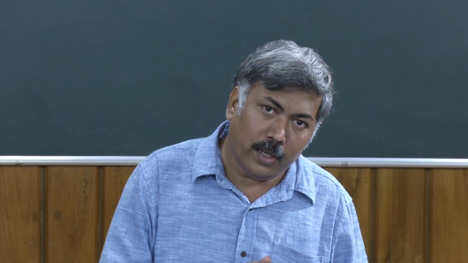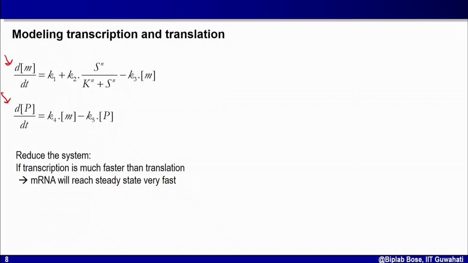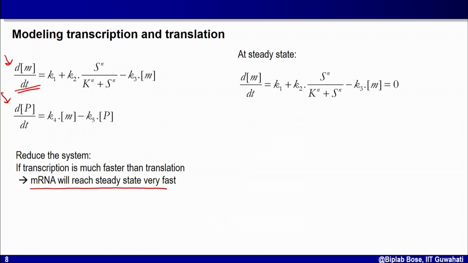So what I can do is assume that if transcription is much faster than translation, mRNA will reach steady state very fast. That means I can consider dm/dt equal to 0. So let us do that. I consider steady state for the mRNA, so I put dm/dt equal to 0. That means this whole relation, K1 plus K2 into the Hill function minus K3 into M, is equal to 0. So this M is the steady state concentration